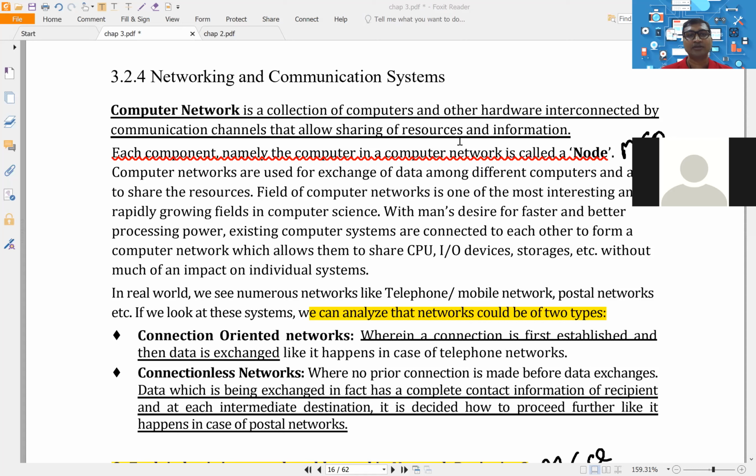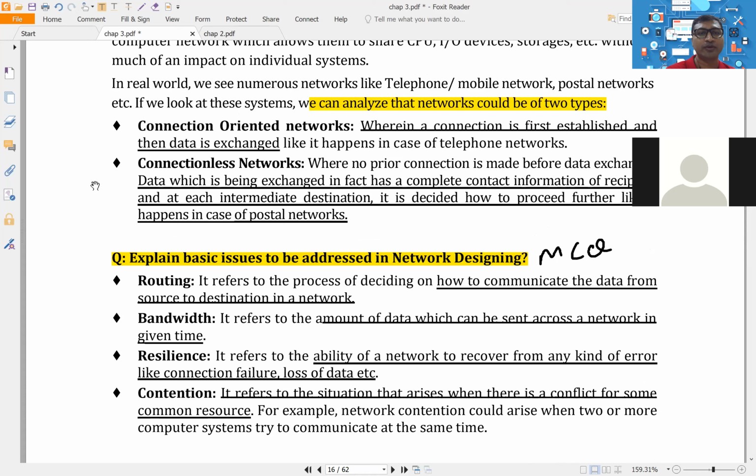So a computer network is nothing but the connection of computers and other devices, and that will help us to share resources and information. Now there are two types of network. We have connection oriented, remember, where a fixed path, see the diagram, a fixed path from sender to receiver will be created and that path will be followed. Connectionless, there will not be a fixed path. We divide the message into packets, which are small parts of the original message. We will give them sequence numbers and they will route from different routes and they will reach the destination. That is connectionless.